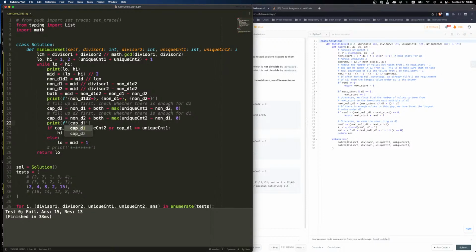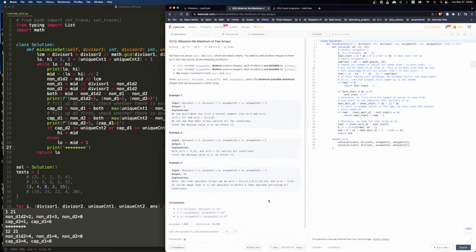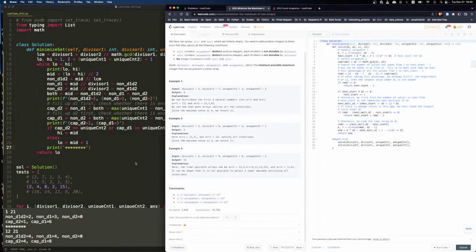capacity D2. Okay, and capacity D1. And then we'll do this. All right, let's do this. Okay, so what do we have? We have D1 is 2, D2 is 4. Count 1 is 8. Count 2 is 2. Right, it's this thing. Okay, so